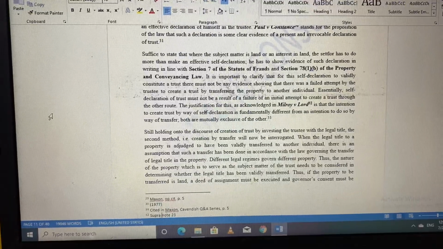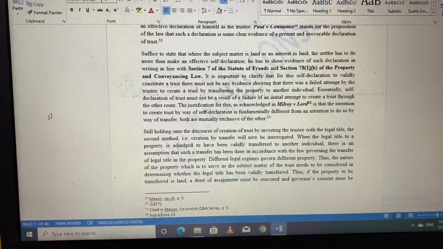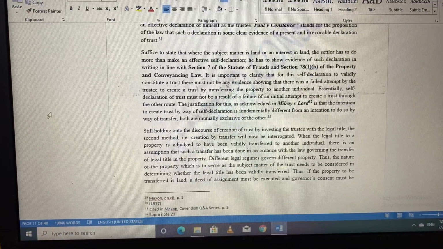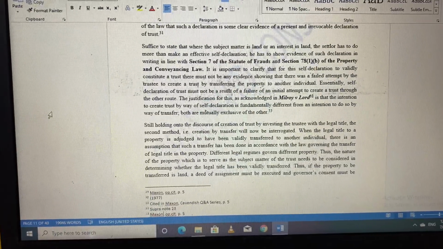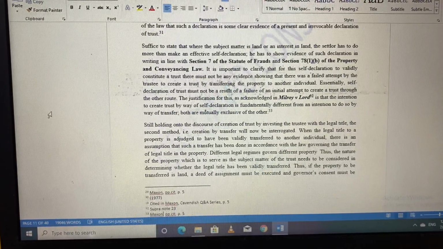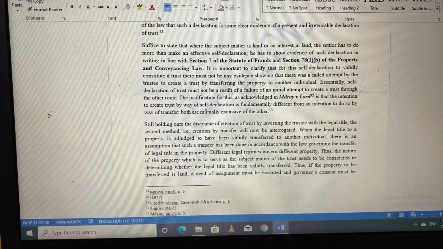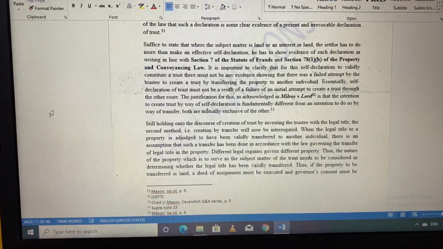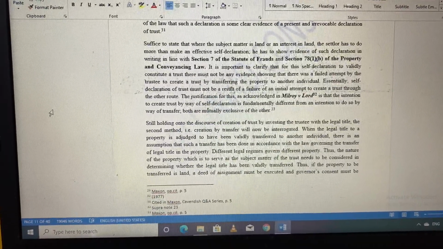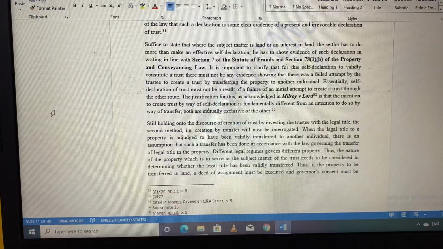Now, on this transfer of property, you have to understand that when the legal title to a property is said to have been validly transferred to another individual, there is an assumption that such a transfer has been done in accordance with the law governing the transfer of the legal title in the property. Since you are transferring property from one person, the original owner, to another individual, and the law is saying that if you're going to transfer it, you are transferring the legal title, then you have to understand that the nature of the property is very important, because there are different laws. There is an array of laws that governs different property. So the nature of the property is very important in this instance, because it is the nature of the property that will determine